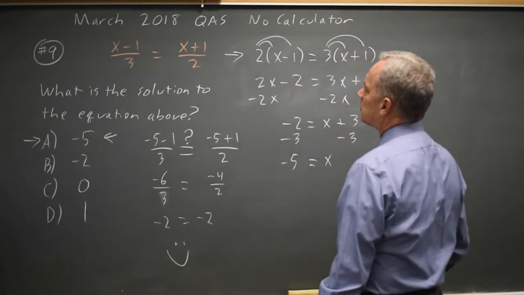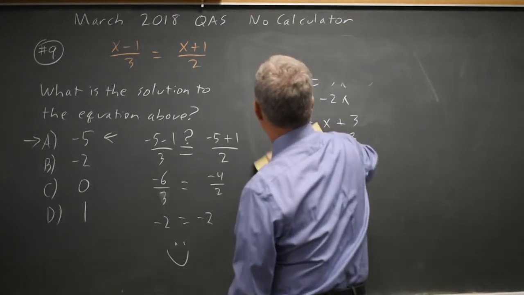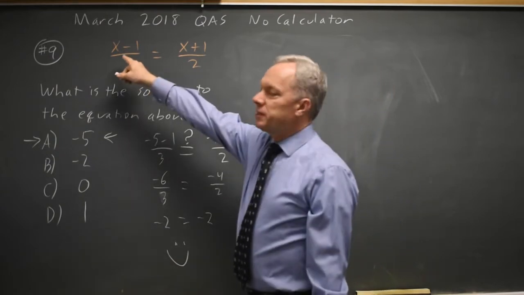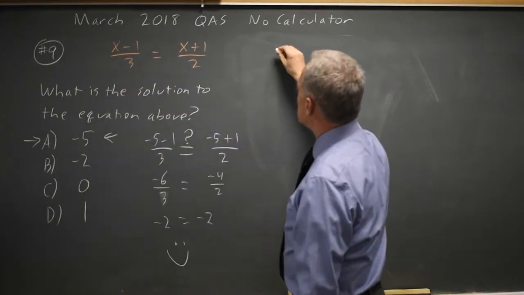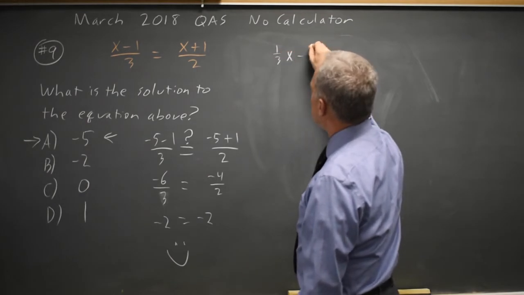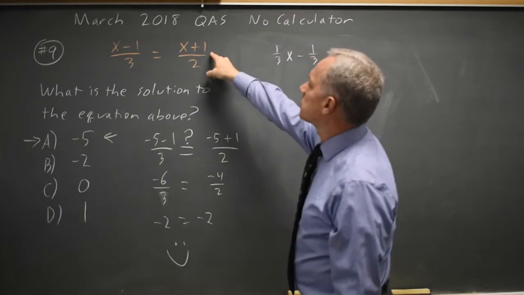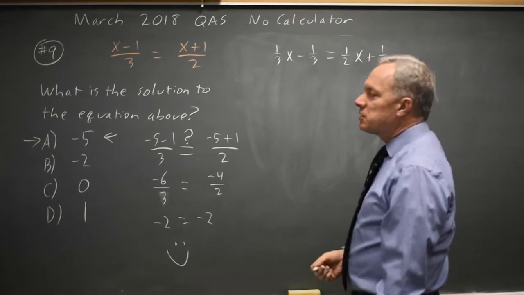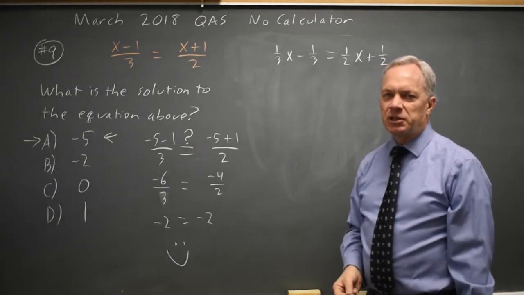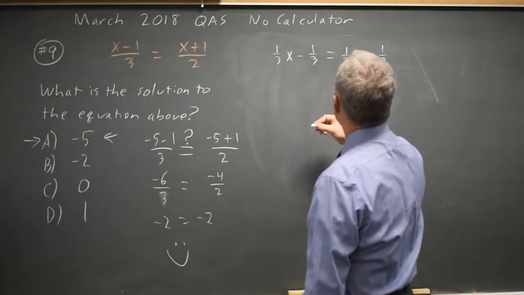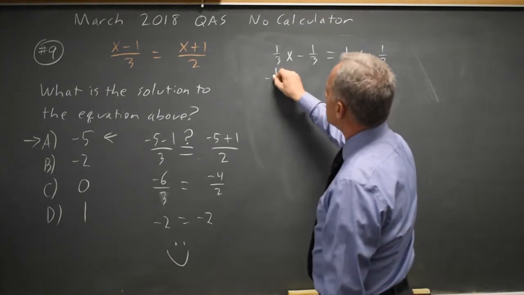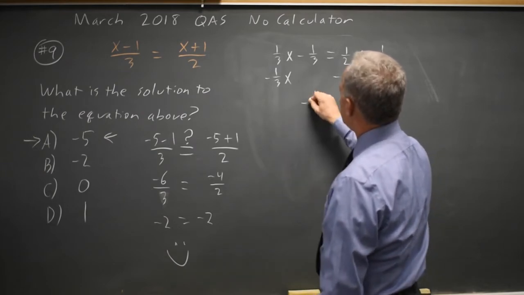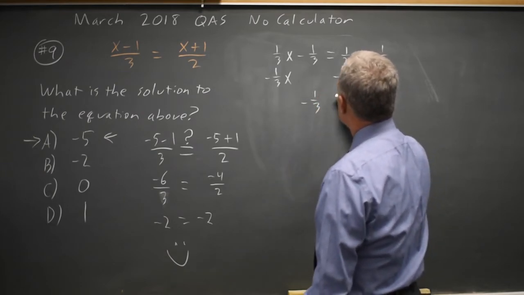But let's try one more method. I can separate my numerators. (x minus 1) over 3 is 1/3 x minus 1/3, and (x plus 1) over 2 is 1/2 x plus 1/2. For most of us this will not be the best option, but it is an option. And collecting similar terms, if I subtract 1/3 x from both sides to collect my x terms, I get negative 1/3,